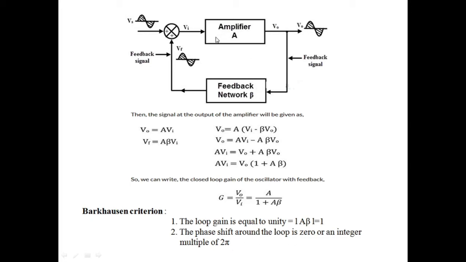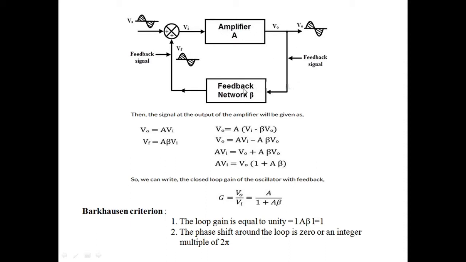Now I will tell you how we can achieve 360 degree phase shift. Once the signal enters the amplifier block, this amplifier consists of a number of active devices like BJT or FET. That device will produce 180 degree phase shift. Then when the signal enters the feedback network block, the feedback network itself produces 180 degree phase shift. Therefore, overall phase shift is 180 plus 180, we get 360 degrees. Due to this phase shift value, the feedback signal is in phase with the incoming signal. That kind of feedback is called positive feedback. So in an oscillator, positive feedback is utilized for producing sustained oscillation at the output.